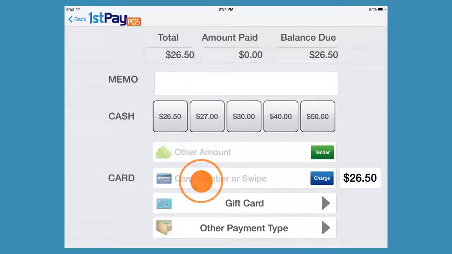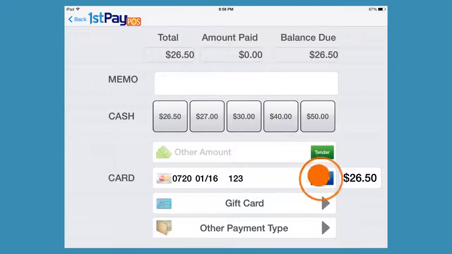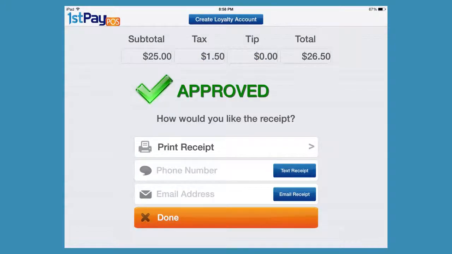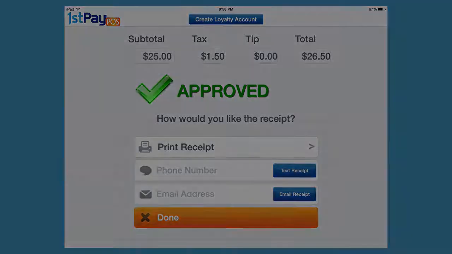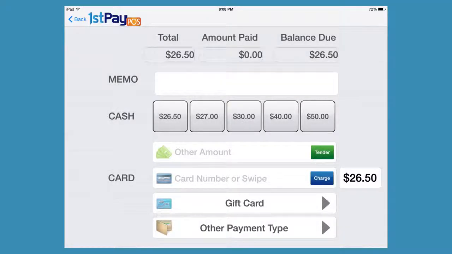For credit card, swipe the card or tap Card Number and enter the card number, the expiration date, and the security code and press Charge. When the transaction is approved, you will see the receipt screen that confirms the amount paid and shows Approved in large green letters. If you are running a credit card and need to enable a tip,